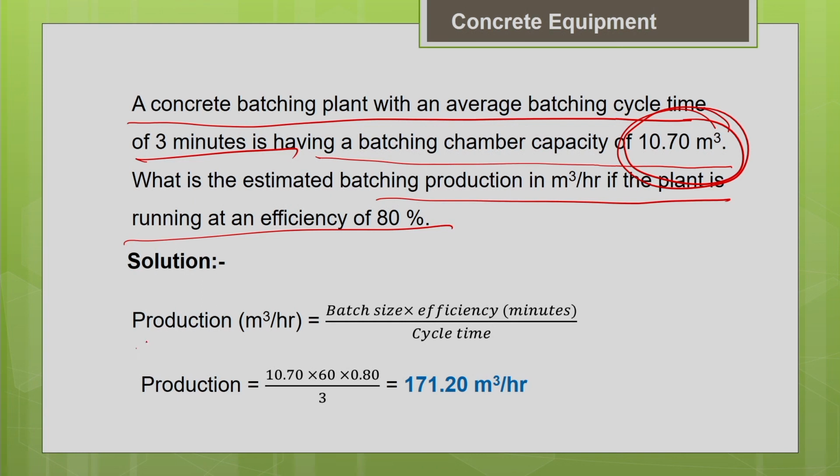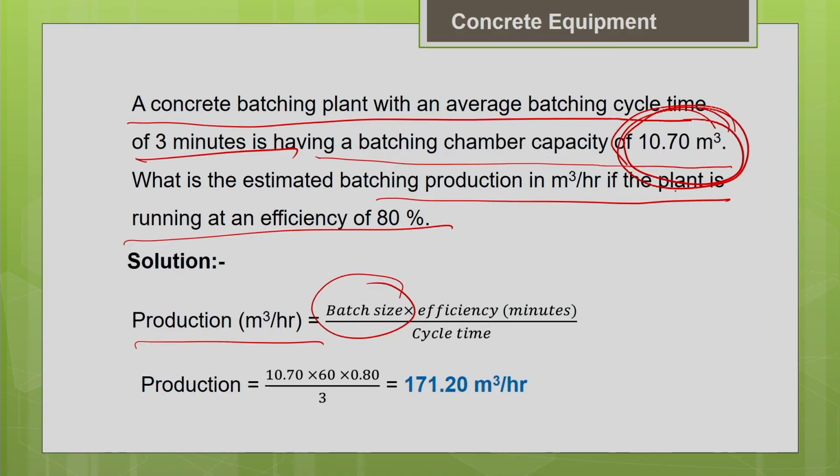Now, you find the batch production. So, you know the batch size. So, the chamber capacity, you can take it as a batch size. Obviously, as you know, generally the manufacturers never give you the total volume of the drum. They give you only the nominal capacity of the drum, that will represent the batch size. So, that is actually 10.7 meter cube of concrete, and you should note that here we are taking the concrete in a mixed condition, not in unmixed, because the volume will be different in mixed and unmixed condition. So, that is why in mixed condition only we normally represent 10.7 meter cube.